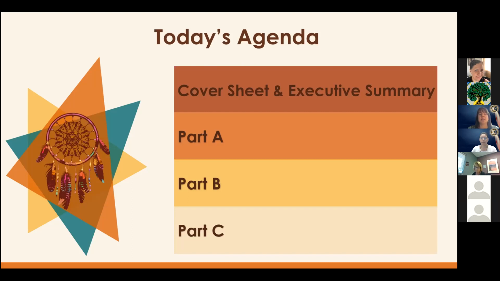And right now, Olani is going to drop all of them into the chat box so that you can download them now if you want to. That includes separate documents for both the cover sheet and the executive summary, as well as Parts A, B, and C, and all three tools that we're going to share along the way. We'll be sure to post those in the chat box as we go as well, in case you don't grab them right now. But we just wanted to make sure that they were all there if you wanted to grab them at the beginning and follow along or have those printed off.